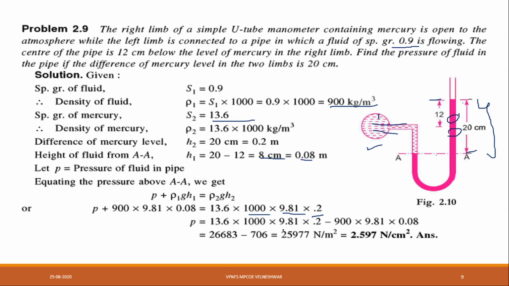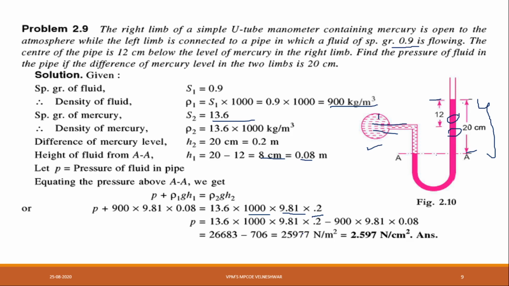And one more thing I want to say to all of you: in the examination he won't give the specific gravity of mercury. He will say that there is a liquid, and the liquid is mercury. So immediately what we have to know? The specific gravity of the liquid is 13.6 and I have to find the density. How can I find the density? Specific gravity is there, that is 13.6 into 1000, which is equal to 13600. Means 13.6 you have to remember in the entire fluid mechanics.